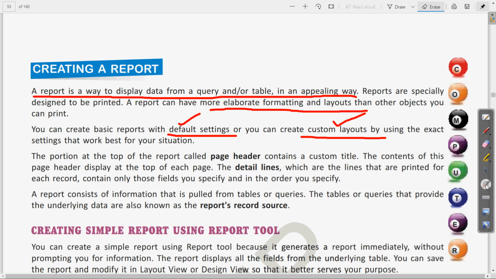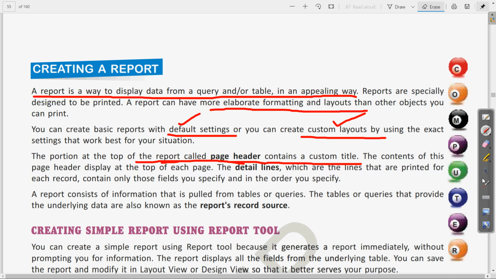Then the portion at the top of the report is called the page header, and that contains a custom title. So we all know that at the top we have some headers or headings. So in the report also, the portion present there is called the page header, and it will contain the title, a customized title according to the data and the report.